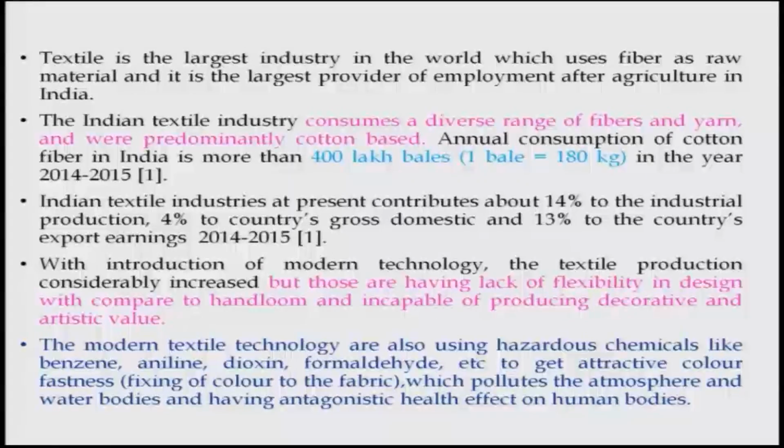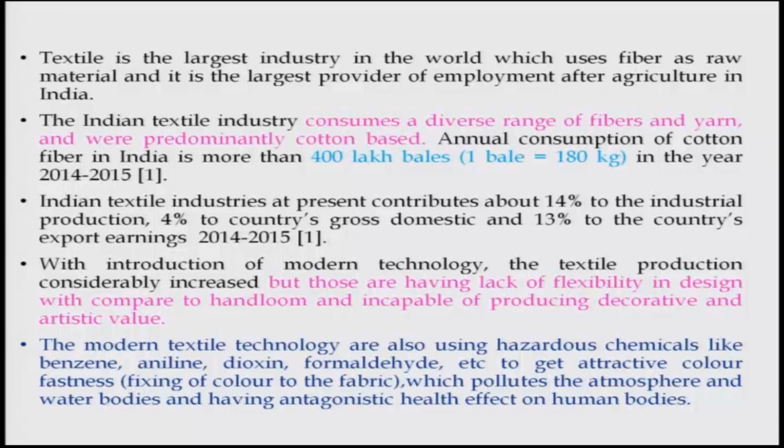Agriculture, cotton textile making, silk, jute or other fibers like wool and woolen stuff really go well with agriculture. Besides this, the Indian textile industry consumes a large range of fibers and yarn, predominantly cotton based in earlier days, as I told earlier,